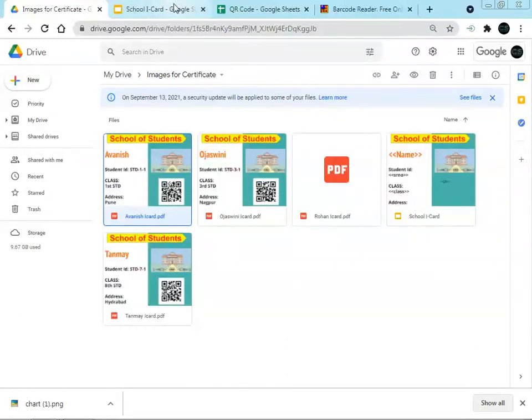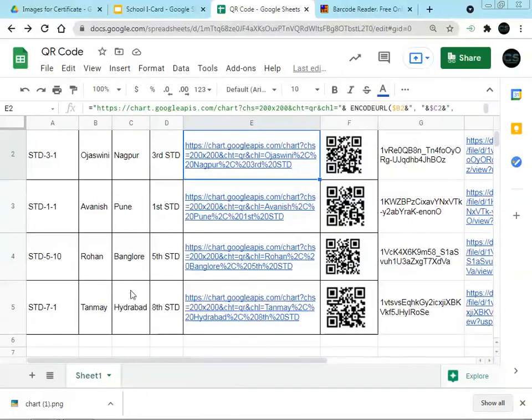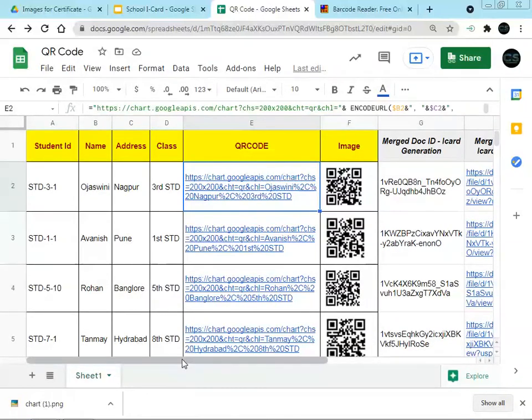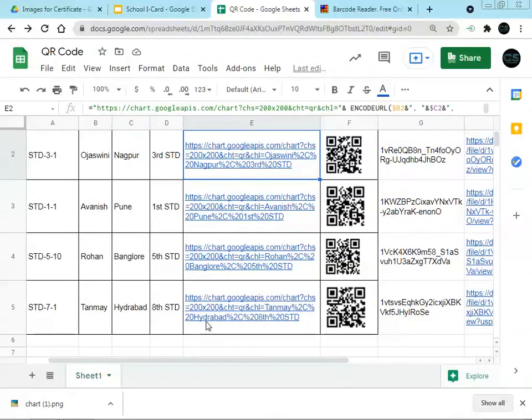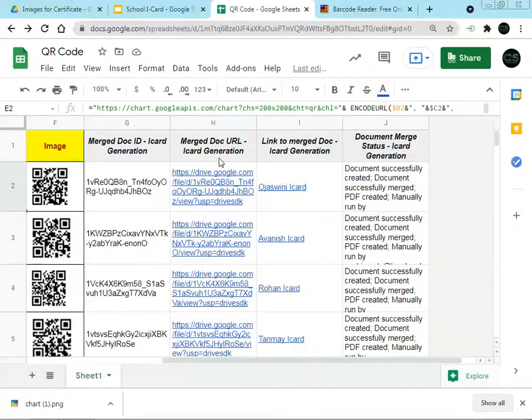Tanmay, and all the information required, whatever fields we had created here, is generated. Now we have to check from the Excel sheet or from the AutoCAD option whether the certificates are created or not. At the top we are getting the merge document URL iCard generation, and to the right side the document merge status.